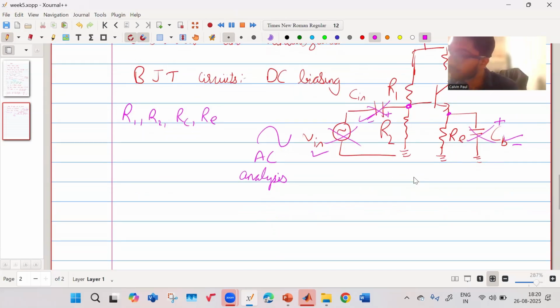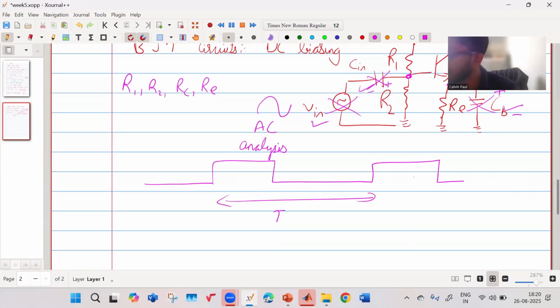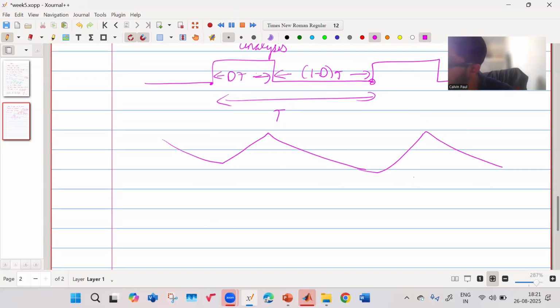But in our case, what we do is, for some duration, like this is my entire time period T, and this is my on time, dT. And this is the period (1 minus d) into T. So we want to know the overall response of the system from this time to this time. So what do we do? You have your inductor current, which is like this, right? Like this. You have your output voltage,